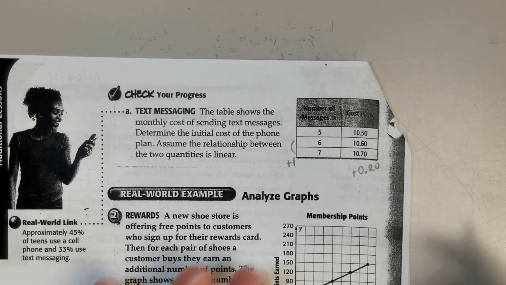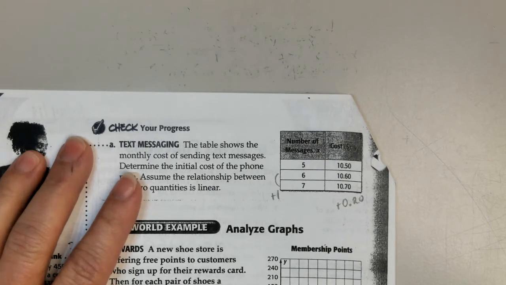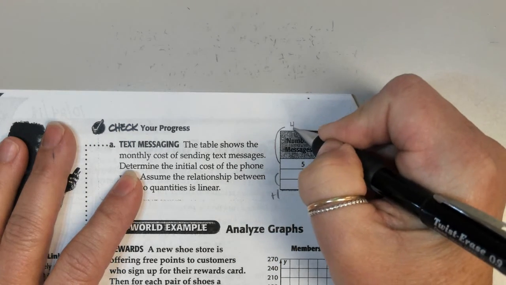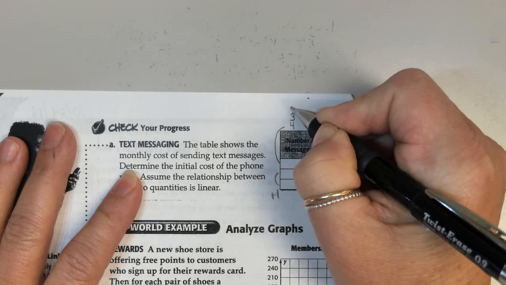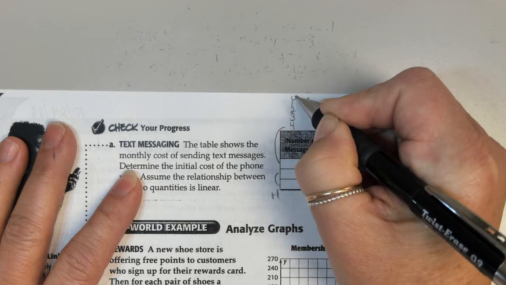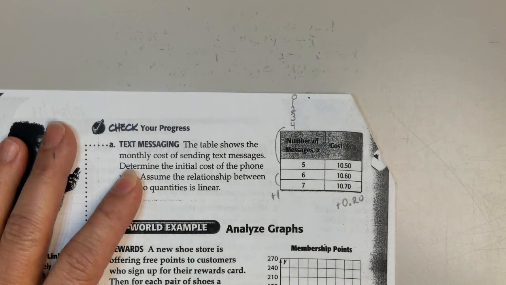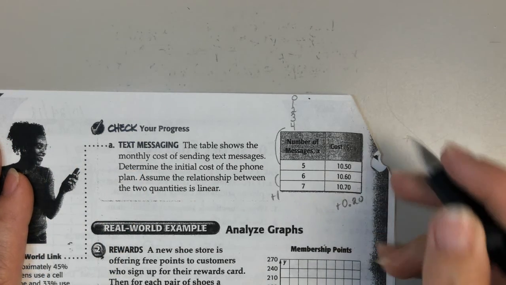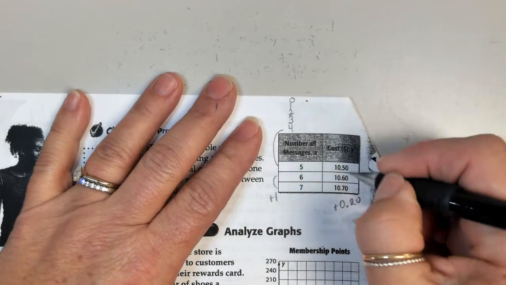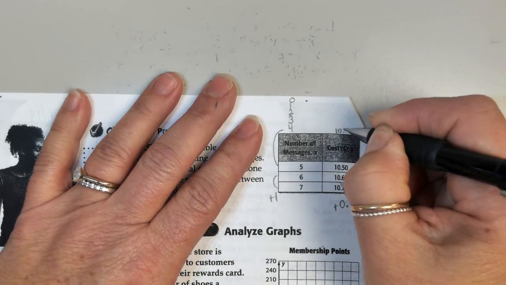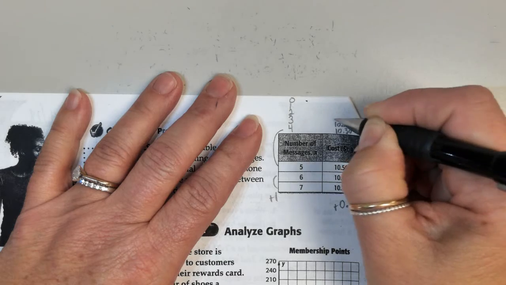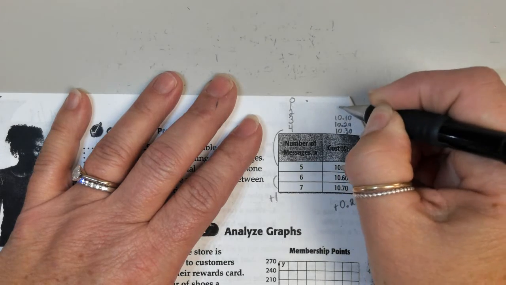So all I have to do is work backwards on my table. I'm going to try to squeeze it in up here. If I go back to 4, to 3, 2, 1, and 0, I should be able to see what the initial cost would be. So remember, I'm going to subtract 20 cents each time. So that would be $10.30, $10.20, $10.10, and then